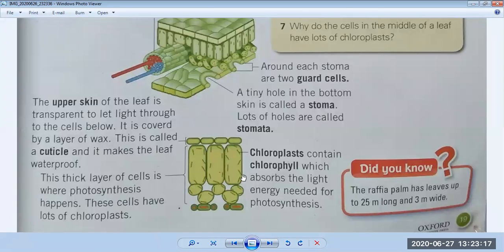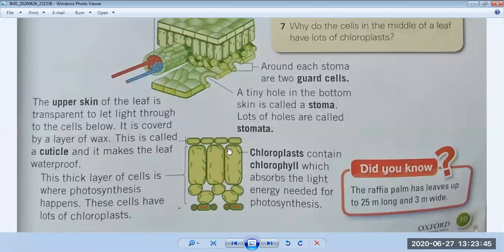You can also see this is a structure inside the structure of a leaf. The upper part consists of stomata, and inside you can see the structure of a plant cell. We have also discussed in detail that the outer body of a plant cell has a cell wall. The inner side has a cell membrane, and in the center it has a large vacuole, and around them a green chemical, chlorophyll, is present.